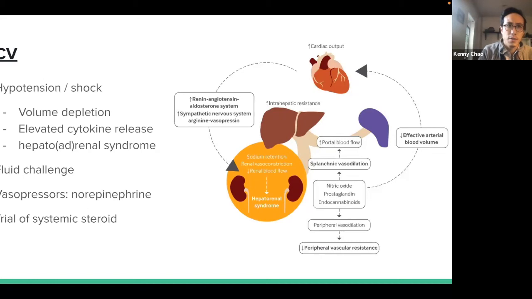You want to be really careful to balance out the amount of fluids you give, because if they do have cerebral edema, you don't want to exacerbate that. If their pressures still aren't holding, preferred pressor is Levophed. And even with that, if it's not working, you can try systemic steroid for this hepatoadrenal insufficiency. You can try hydrocortisone 2 to 3 mg per